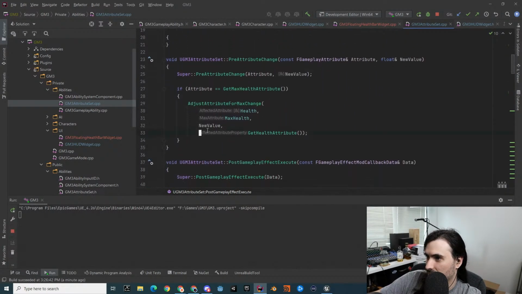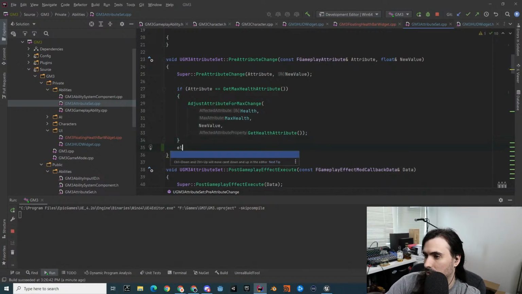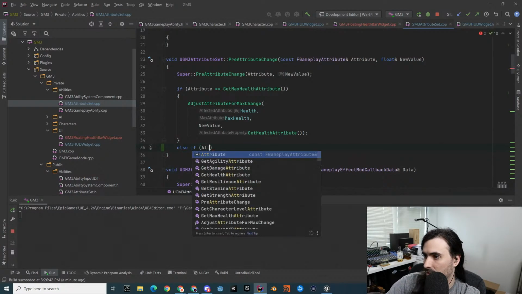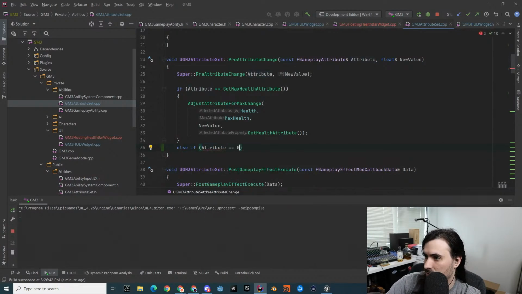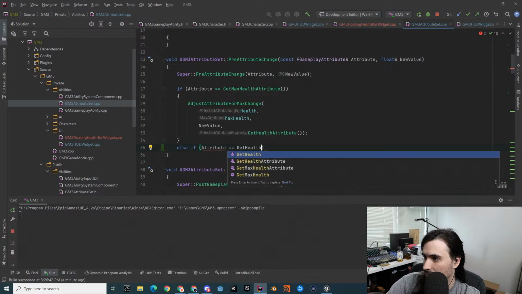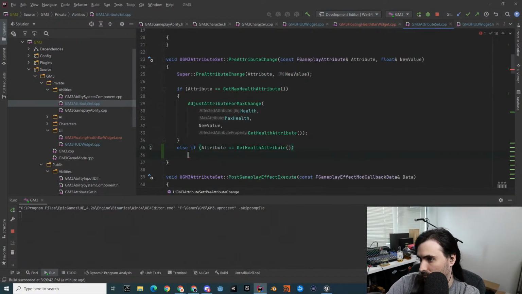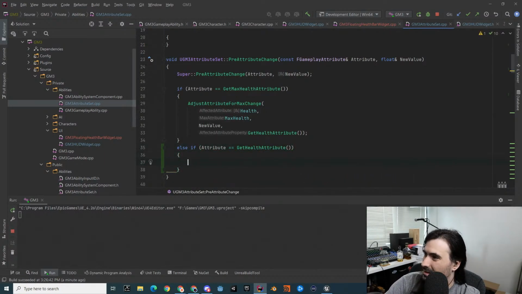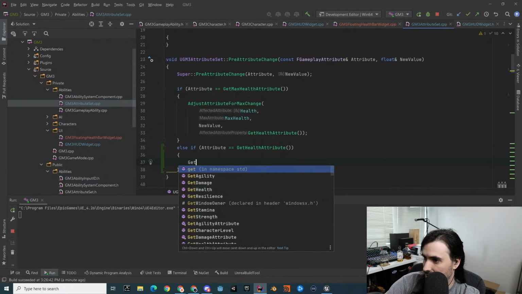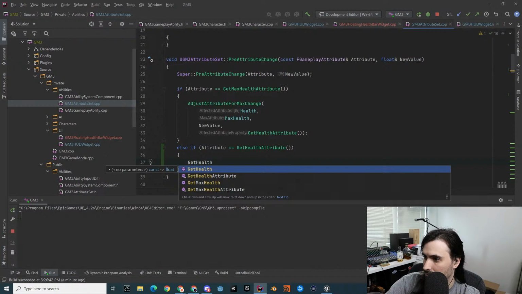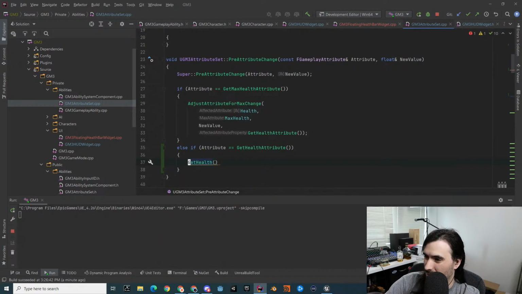This is the pre. I think we'll do it here. Else if attribute is equal to get health attribute. Float of new value. So here we'll say get health. And this will be a float